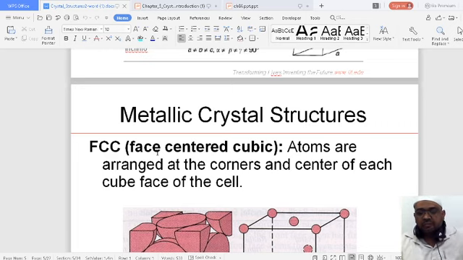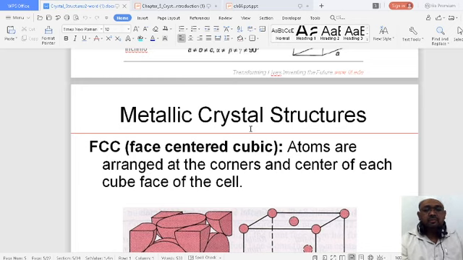Now here in engineering we give more concentration particularly to metals. That is the reason we need to understand the metallic crystal structure. When we talk about metal crystal structures, you'll find that an abundance of the metals come under the category of cubic. So when you study the cubic crystal system, we need to understand the various lattices of the cubic crystal system, that is, face centered cubic crystal.